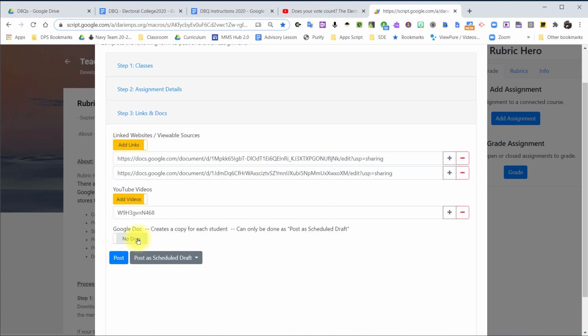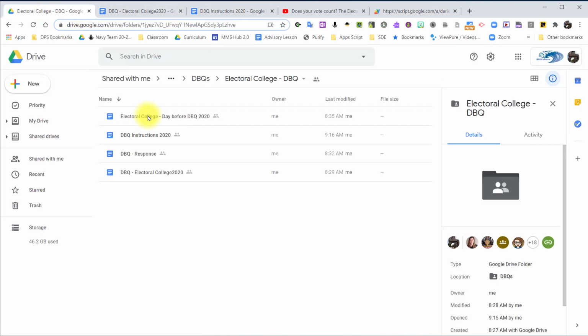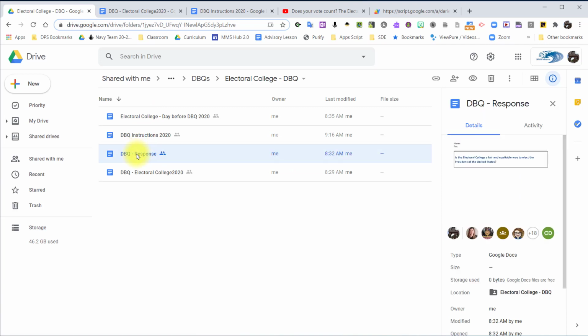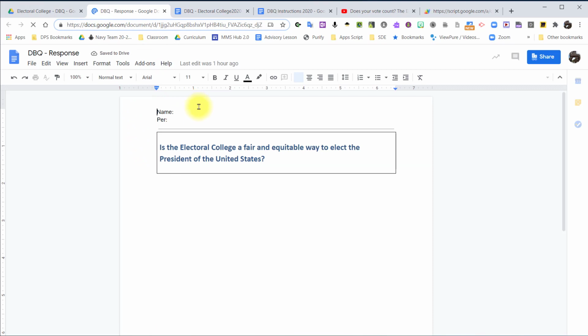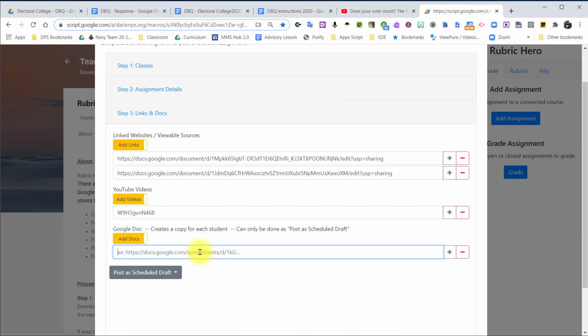Okay, now what I want to do is I want to make sure that I have documents, right? So the documents I want to be able to add, I want to make sure that I add my responses probably first because it should appear in the order that I put it in. So again, I'm going to copy and paste this, and you're going to notice now it just grabs the ID. Okay, so up here, these particular documents, it's the full URL, and